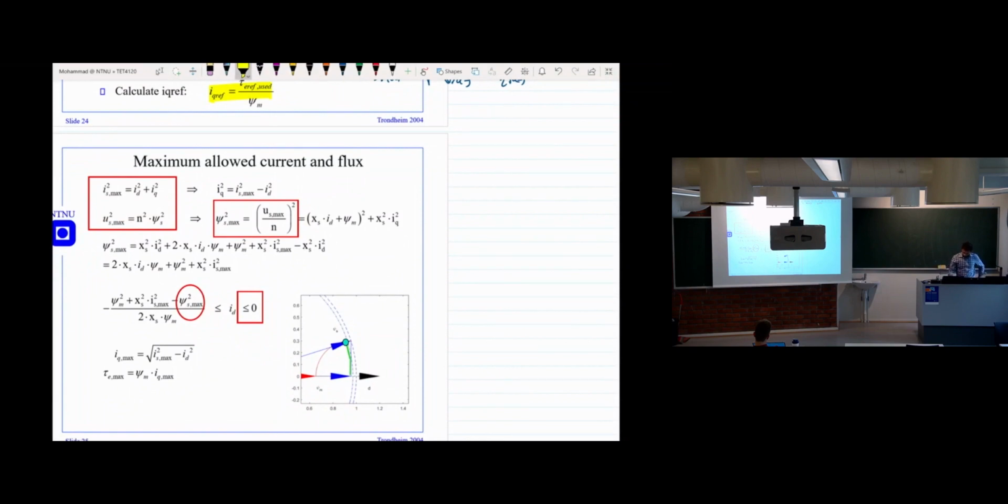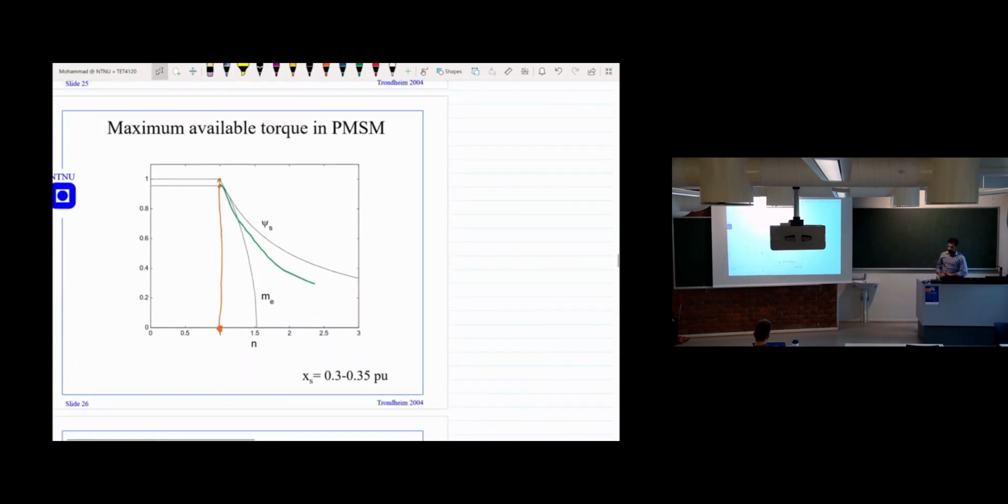So I think that is what I am also saying, that we have a limited current. We cannot have an infinite amount of current. And if we use more current for field weakening, this means if we provide negative current, then we have less current for torque production. That's what we describe in one of the figures: when you are using a lot of current for field weakening, torque is reducing, because we are using almost all the current for field weakening, so there is no current remaining for torque production. So that's all about the